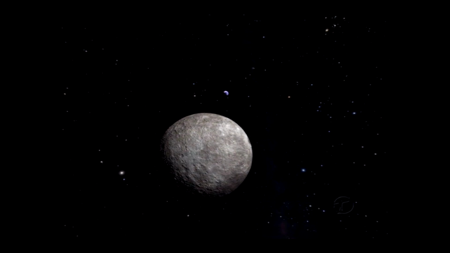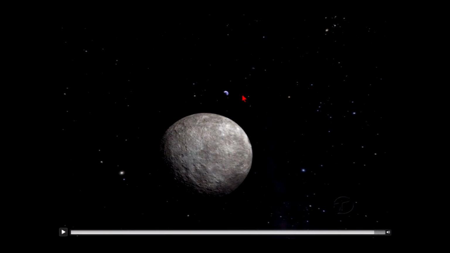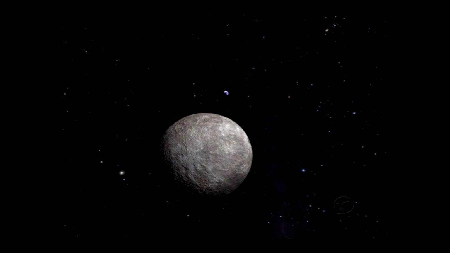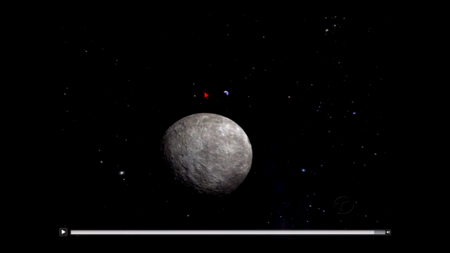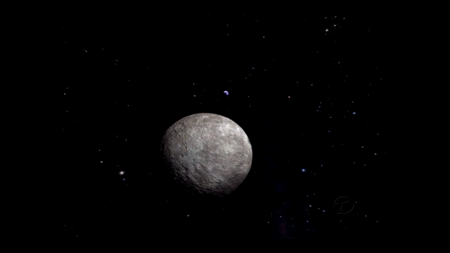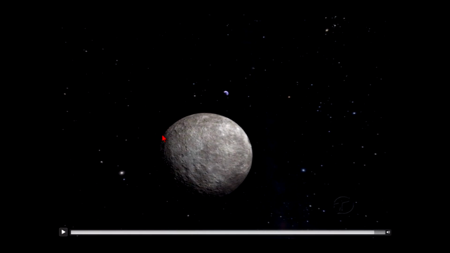Now, the way that we know that this is true is because the Apollo astronauts in the 1960s and early 70s left reflectors on the surface of the moon. And these reflectors were meant to send light back in the direction that the light comes in. Think of a reflector on the back of a bike. And so what happens is, on a regular basis on the surface of the Earth, we have very powerful lasers. And these laser beams are shot towards the moon, and the light reflects off of these reflectors